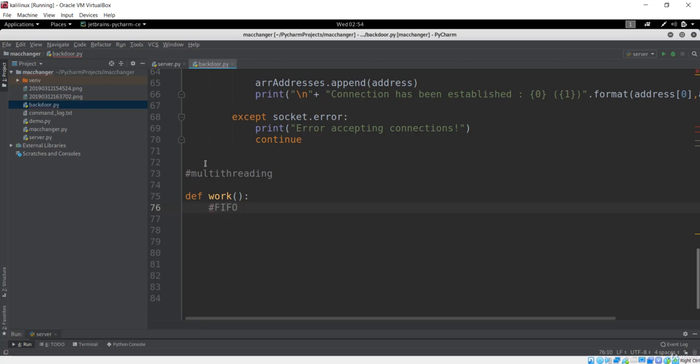If you insert first, then it is going to get out first. That means whatever you write first will be executed first from this queue. So let's see how we can do that.